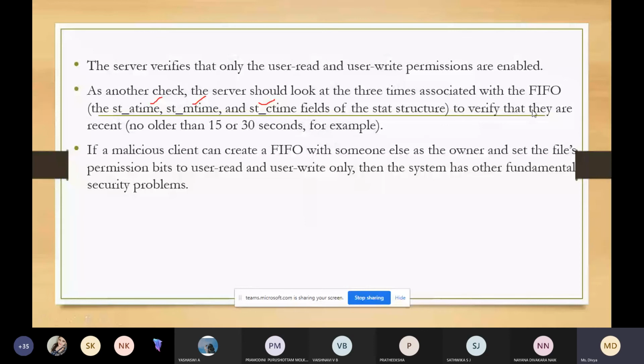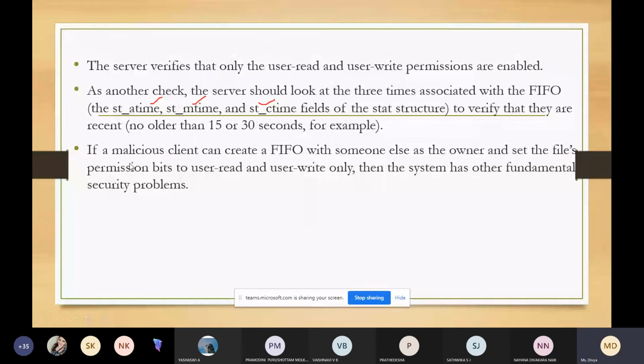To check whether it is an old FIFO or has been in use for a long time. We have to make sure that it is no older than 15 to 30 seconds. If the FIFO has existed for more than 30 seconds, then you should not use it. This is an example. So the server needs to check not only the read and write permissions, it also needs to check these three time fields.